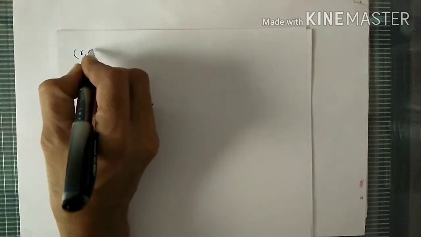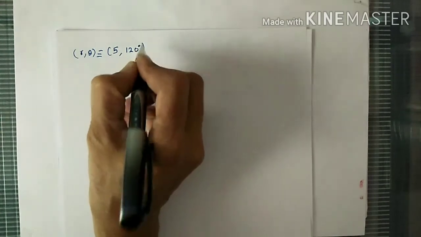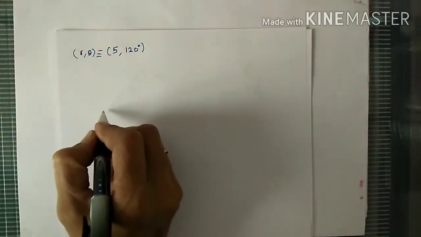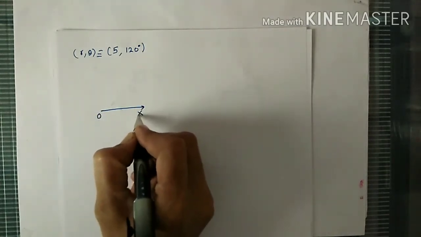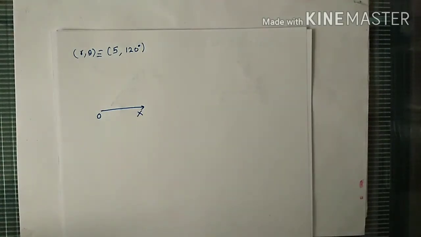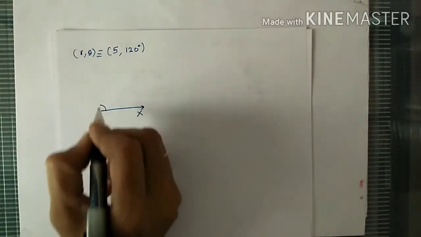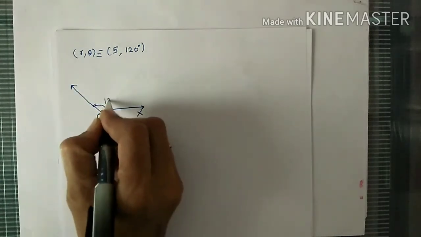Let's study how this r and theta determine the position of point P. For that, let's take r, theta as 5 and 120 degrees. That means length OP is 5 and measure of angle XOP is 120 degrees. So first let's draw angle 120 degrees. Let OX be our polar axis. O is pole and OX is polar axis. Now draw angle 120 degrees. So this is 90 degrees, 90 plus 30 is 120 degrees. So this is angle 120 degrees.